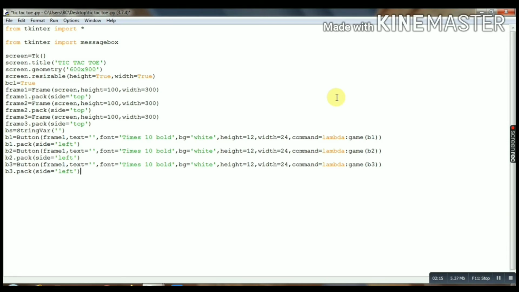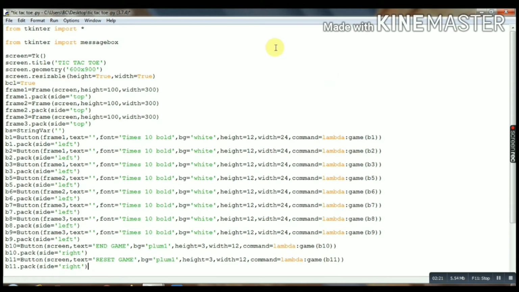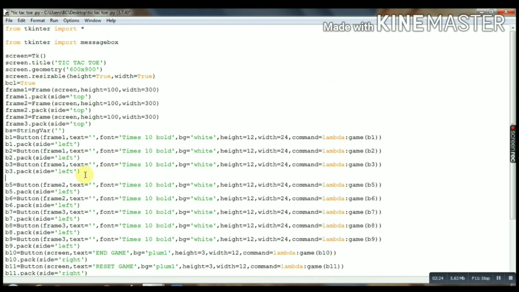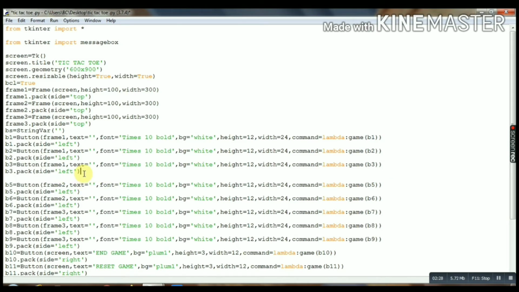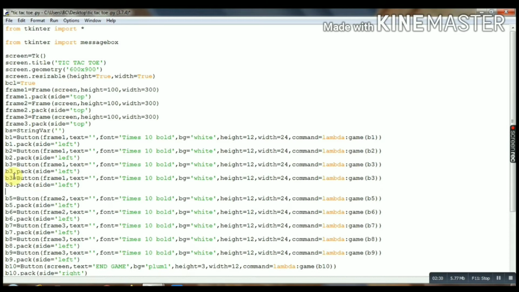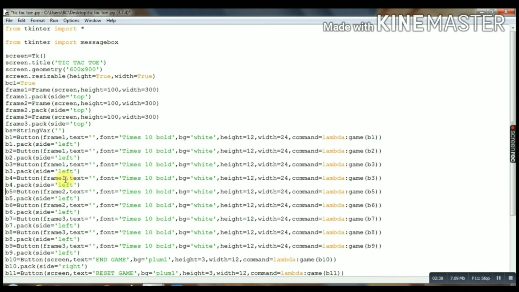Okay, let's do that. Sorry, I forgot before, so we will make B copy. Okay, paste it here. Done. Make this B3 to B4. Okay, B4. Yes, as you know, B4 is in frame 2, so convert it to frame 2.